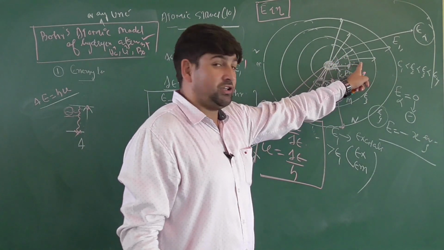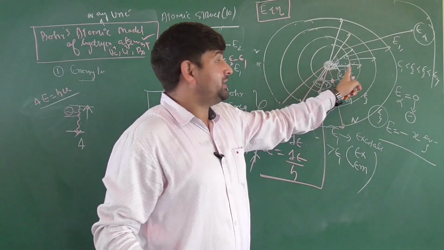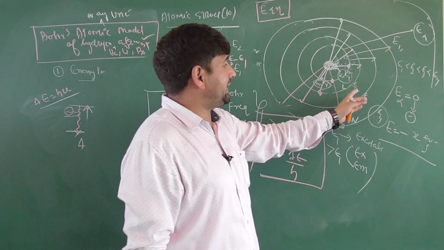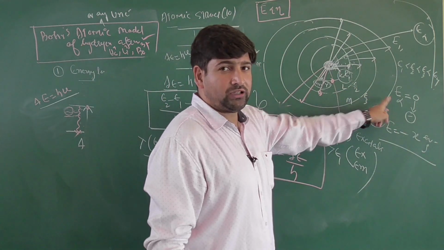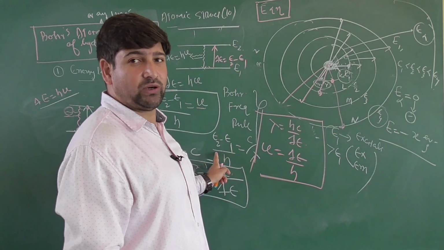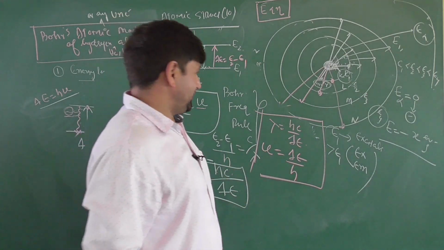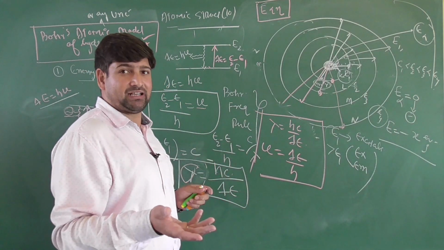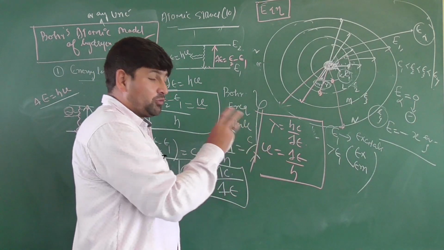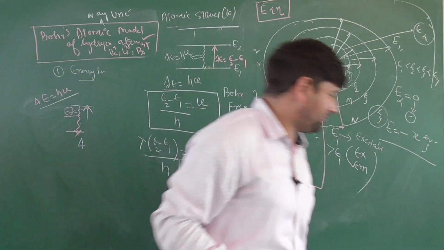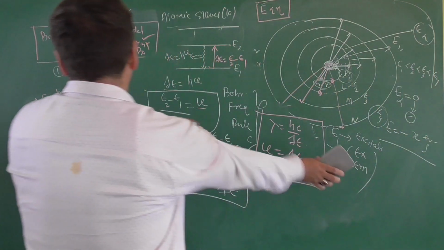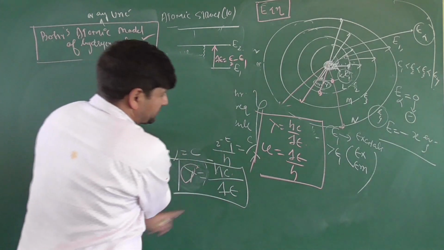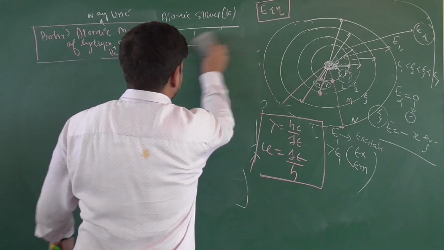Because in energy level 2, if it emits, it can go to energy level 1. If it absorbs, it can go to energy level 3. Simple thing. If you want to shift an electron directly from E2 to E4, then what will be the frequency required for that, the energy required for that, more or less? It's a very simple postulate now, children, because we have got into energy equations here. Mathematically, we are not doing it. We are doing it theoretically. The theoretical background I am giving first. Now tell me, did you understand the equations here? Good.